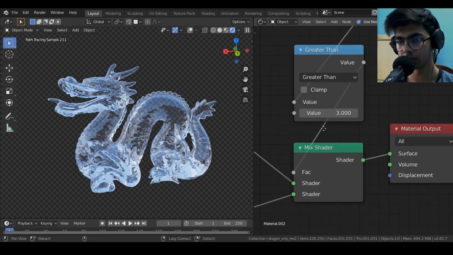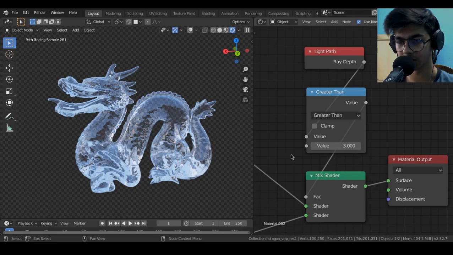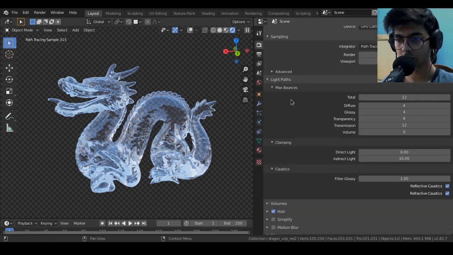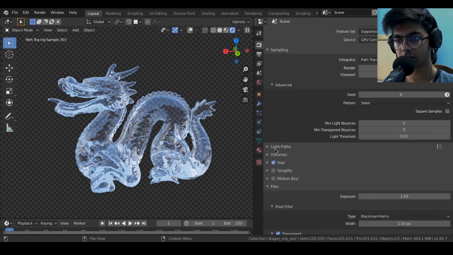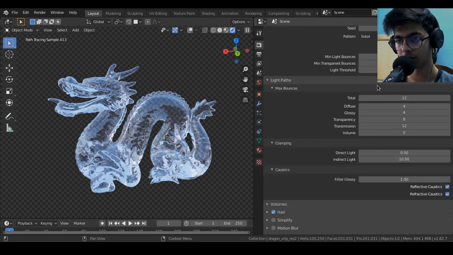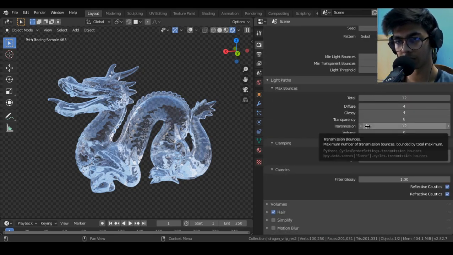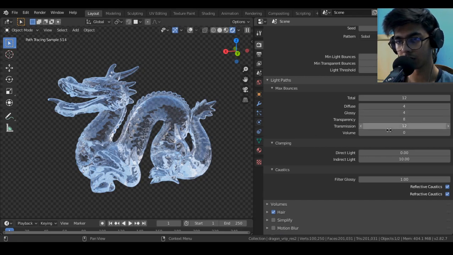So we have the number of bounces set in Cycles under the render tab. I'll show it to you here. We have this light path tab here, and we have the maximum bounces for each type of ray. For transparency, glossy, transmission, we have this here. So what it does is once 4 bounces are done, it terminates that ray, and to put it this way, it gets darker because of that, because the ray doesn't escape and it terminates there.